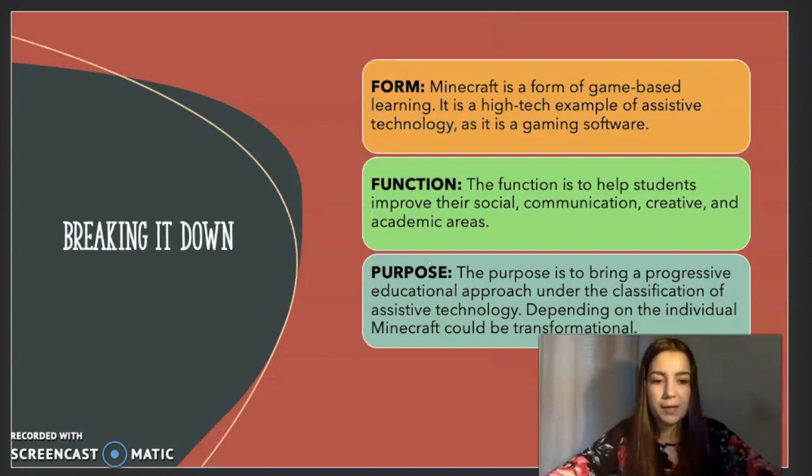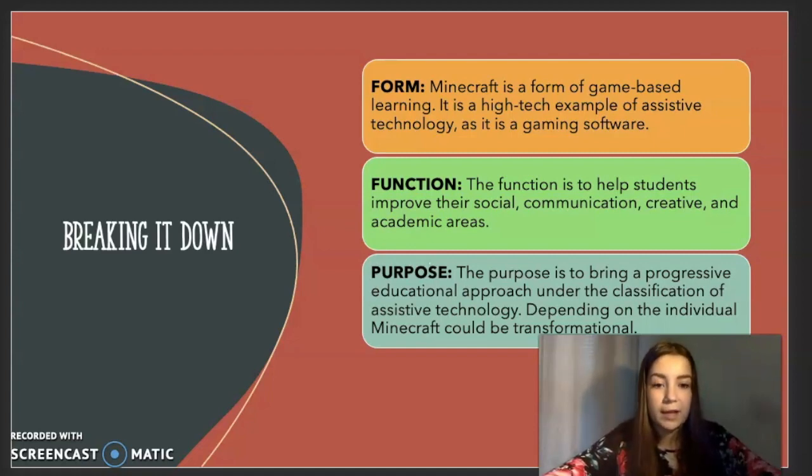Next, we're going to break down Minecraft Education Edition by form, function, and purpose. The form of Minecraft is a form of game-based learning. It's a high-tech example of assistive technology since it is gaming software. The function of it is to help students improve their social, communication, creative, and academic areas.